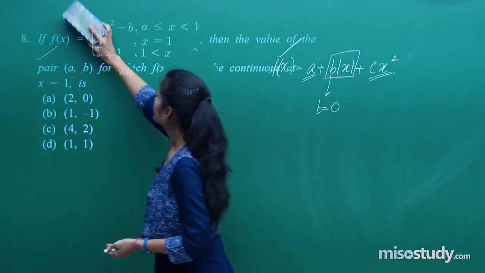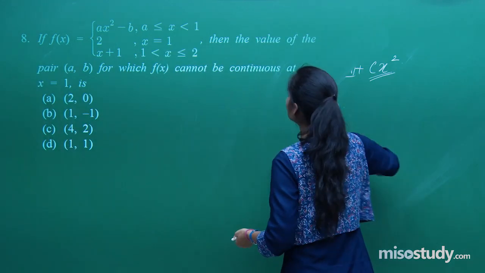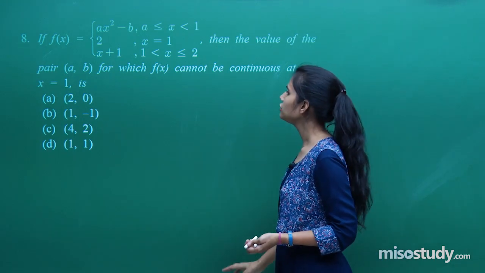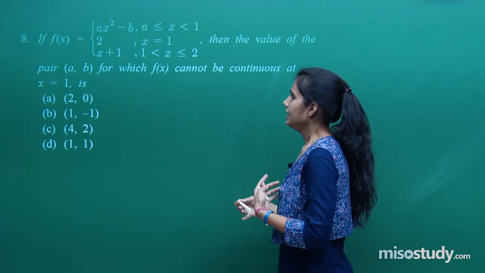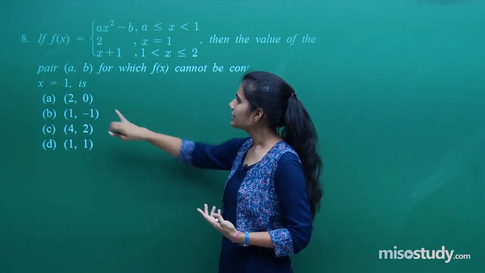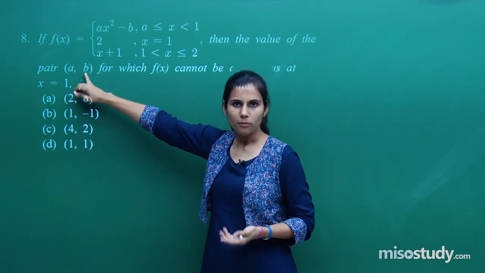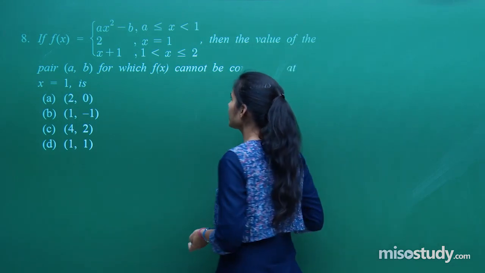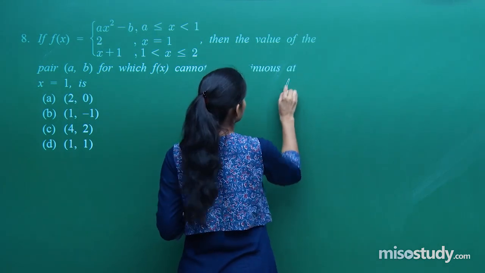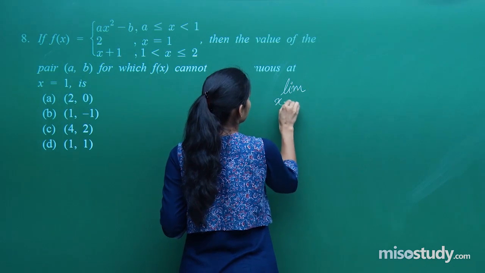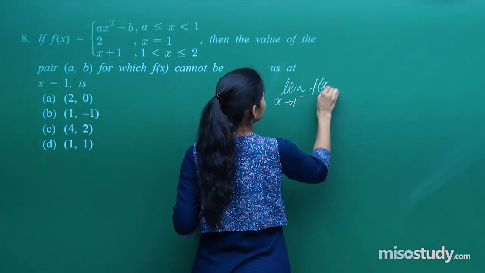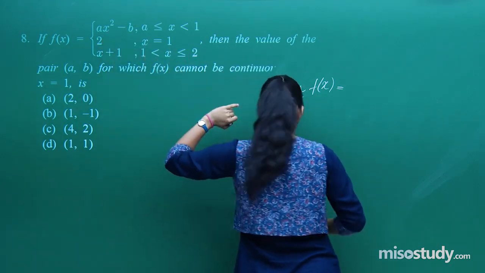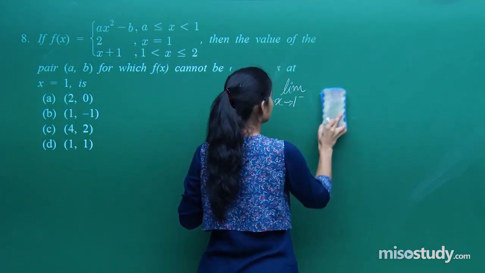f(x) is given to us like this. It is asking for the value of the pair (a, b) for which f(x) cannot be continuous at x equals 1. Let's see. So the correct option is that ordered pair (a, b) for which this f(x) cannot be continuous at x equals 1. So let's check the continuity of the function at x equals 1. Limit x tends to 1 from the negative side,